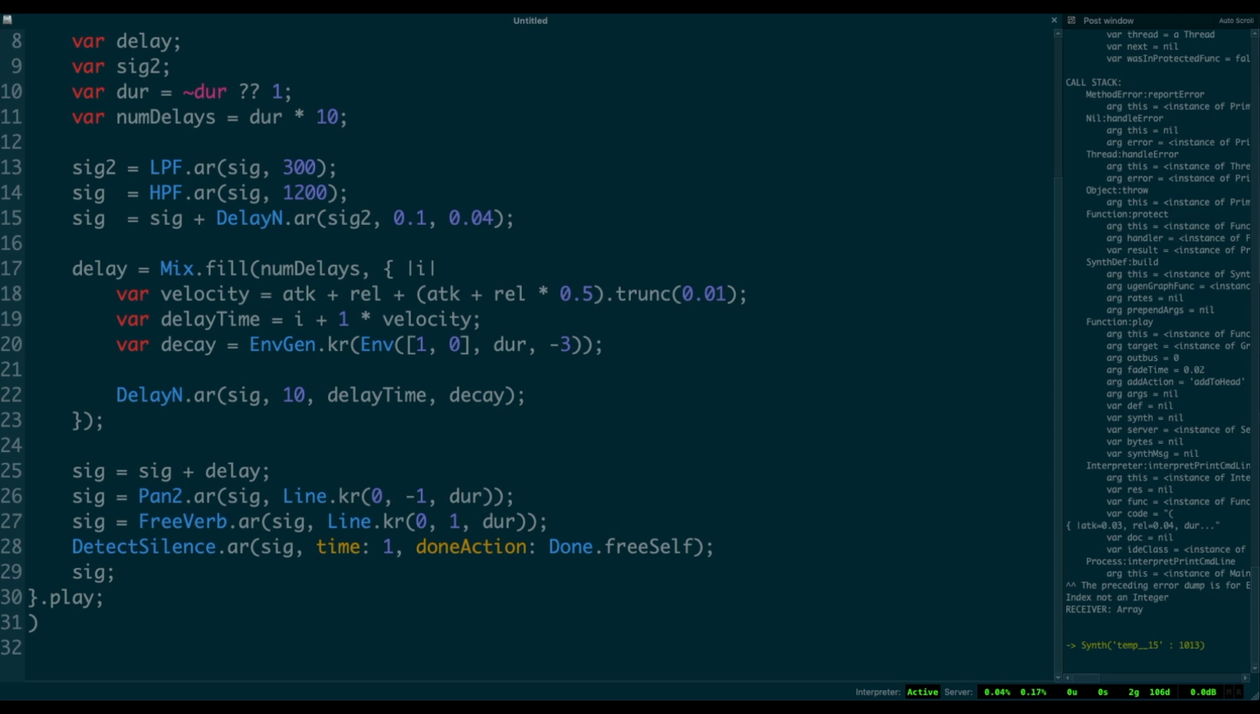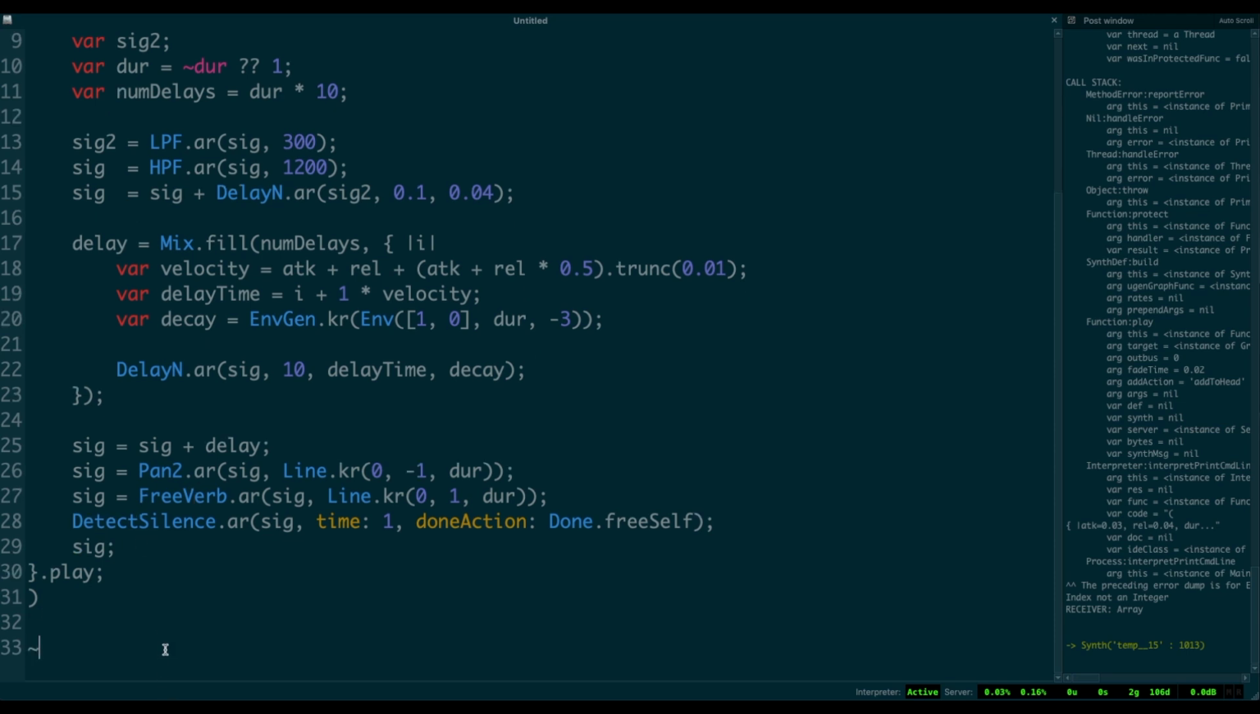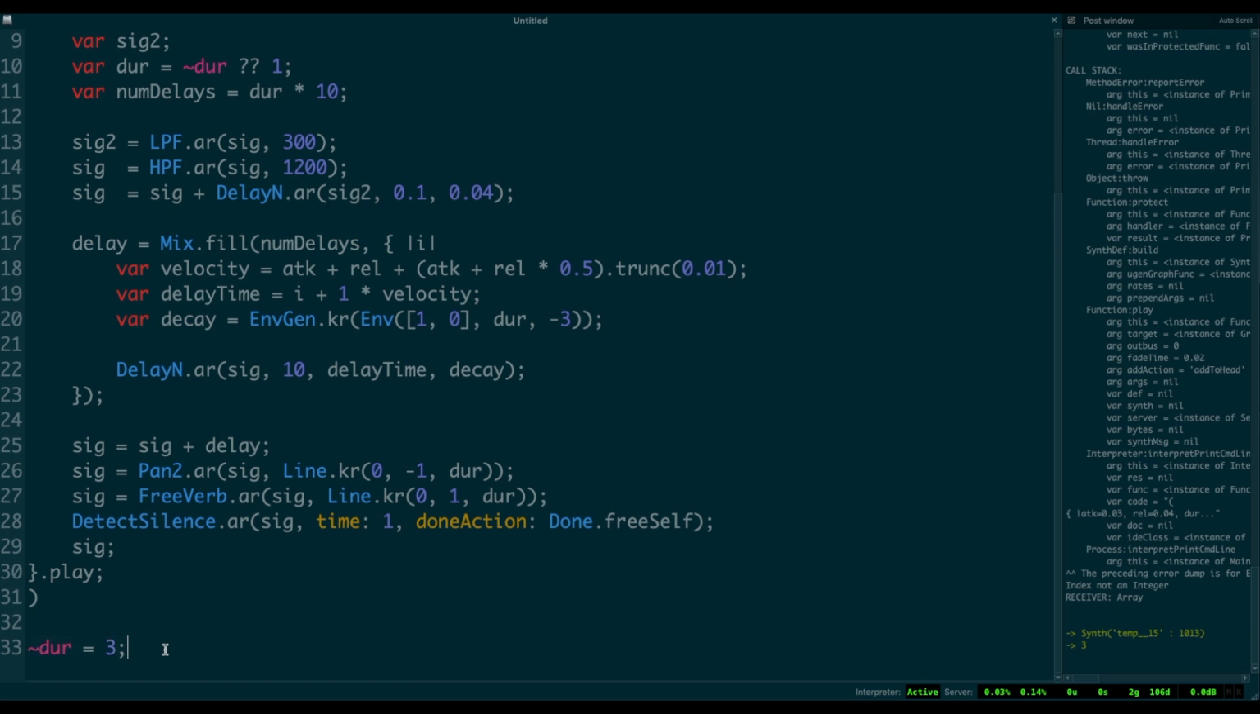So now if we want to change the duration, all we have to do is set the dir environmental variable tilde_dir to some other value. Now when we reevaluate,